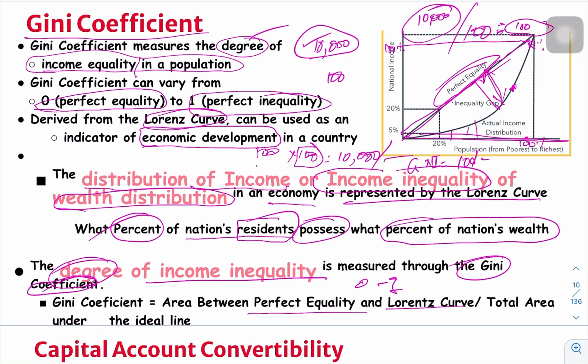So the Gini coefficient and Lorentz curve are the same concept. The Lorentz curve talks about the population percentage. However, the Gini coefficient talks about the degree, that is between 0 to 1. The parameters are different, 0 to 1 and percentages like 1%, 2%, but the concept is the same. They talk about income distribution and income inequality. That's it. These three things, these topics, you need to remember.